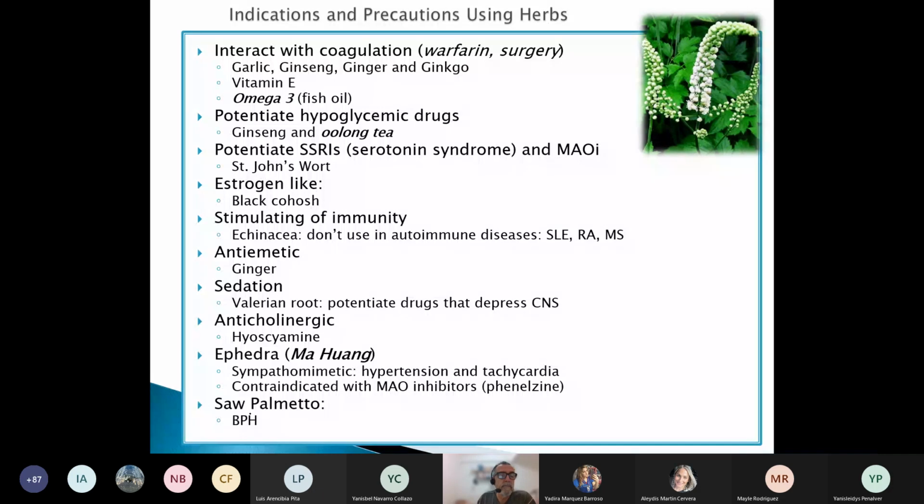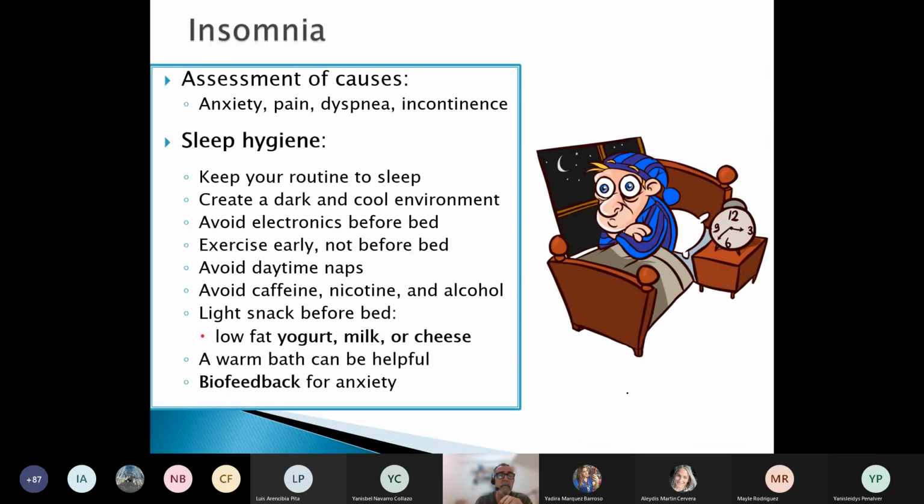What is saw palmetto for? That is the question. If the patient is taking black cohosh, what symptoms do you expect the client to be presenting? You see hot flashes. The patient is taking saw palmetto. Which symptom, or what condition, could the patient have? So they ask about your knowledge of this medication, this herbal, and when it interacts with medication.